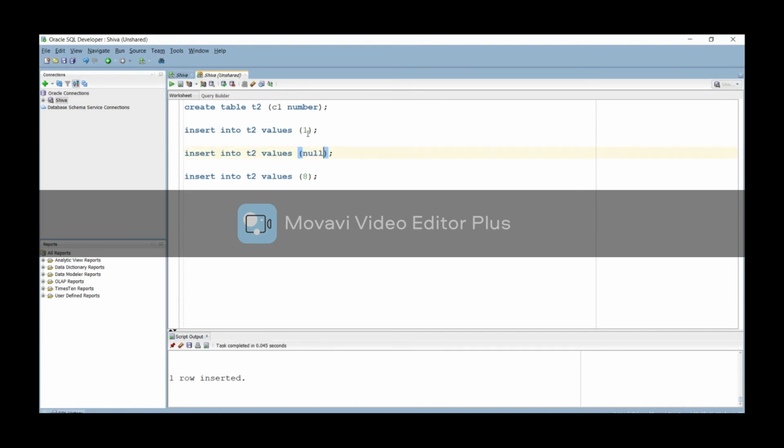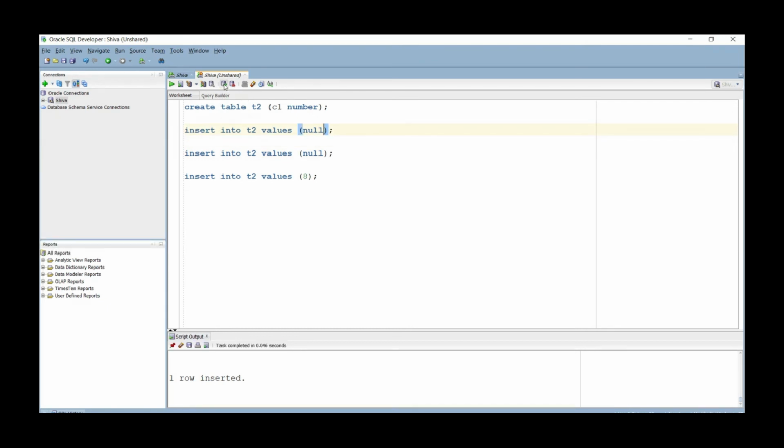And in T1 also I am going to insert some null value. Okay, now I inserted the data.